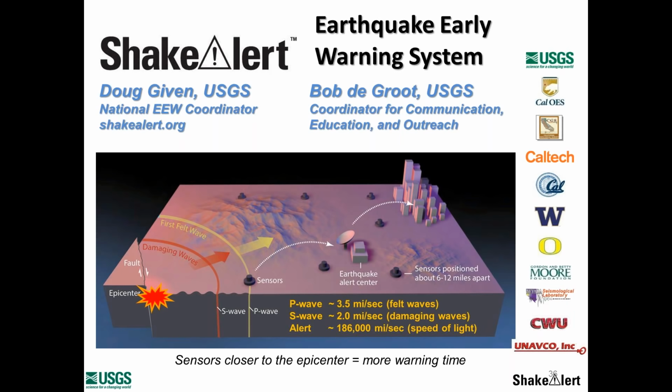We use a variety of protocols, including Earthworm and the native protocols on some of our hardware out in the field. We prefer Q330s. We have Obsidians. We also have Etna 2s, and we have some Nanometrics Titans. But all of those manufacturers have now adapted their internal protocols to very fast data transfer speeds, primarily motivated by